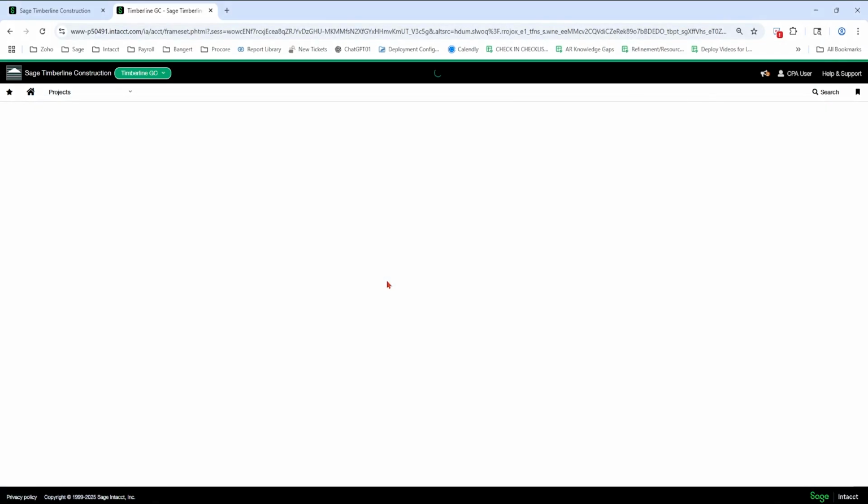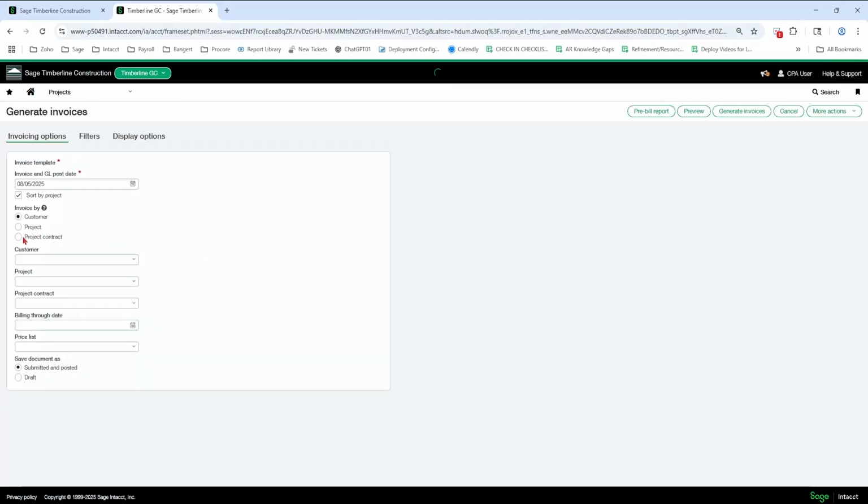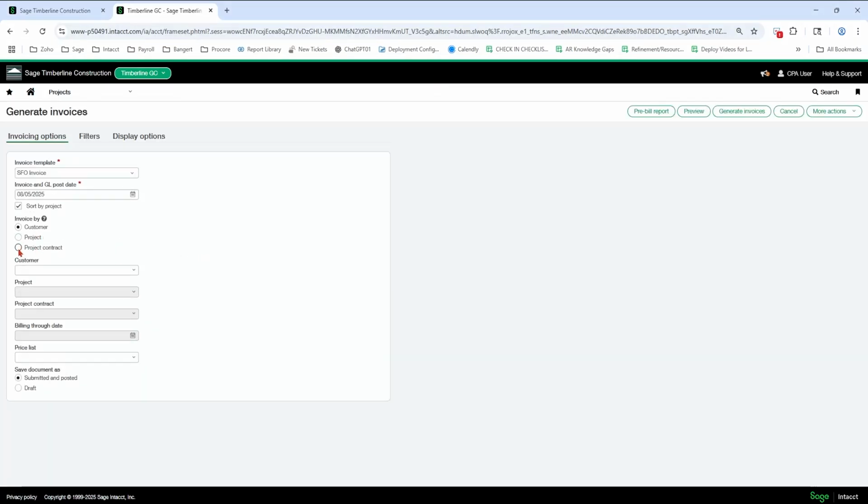I'm going to pick project contract first. It's out of order. You're going to pick this bullet first. Notice my templates up here changed. So the project contract invoice is the AIA similar form. You're going to pick that if it's an AIA form. You're going to use a month-end date here.